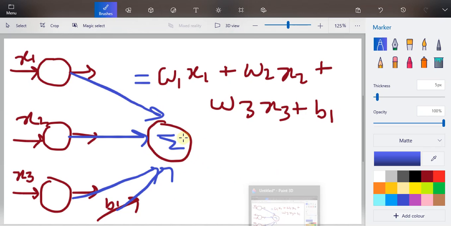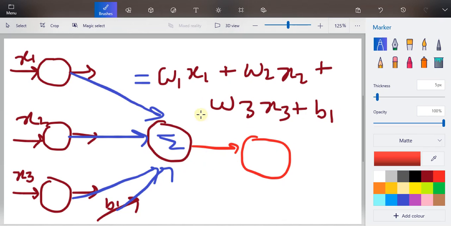So when this outcome is going to be sent to the next layer, say this is my output layer, before sending to this output layer, this summarized result is sent through some activation function. Generally, whatever the total output by summarizing the results from the previous layer, it generates some different outcome by using some function on it.